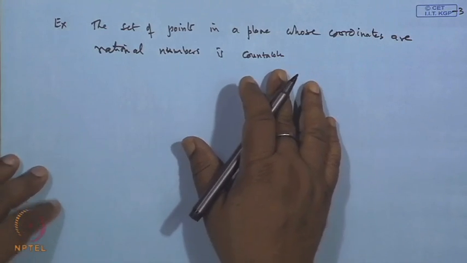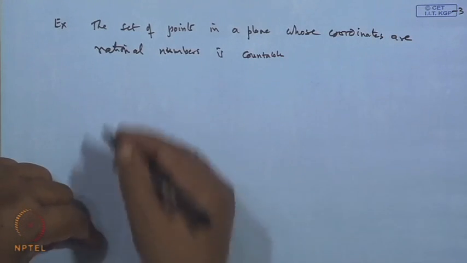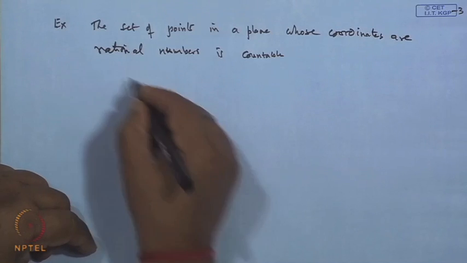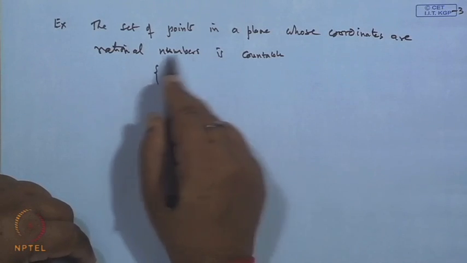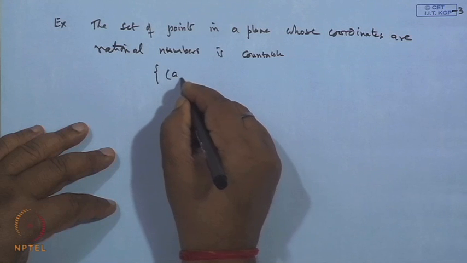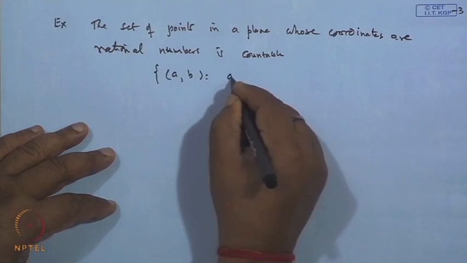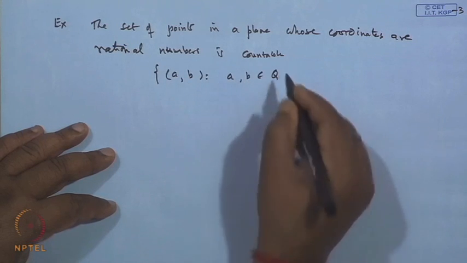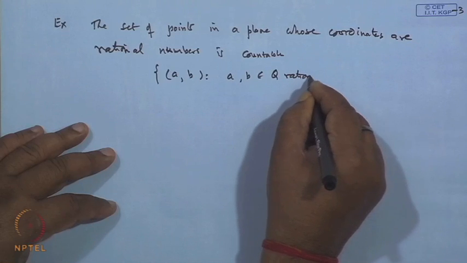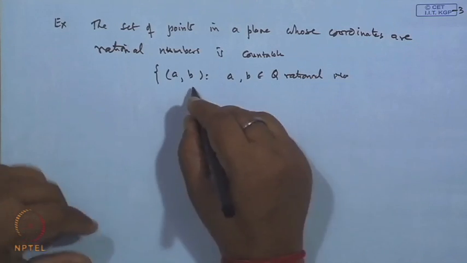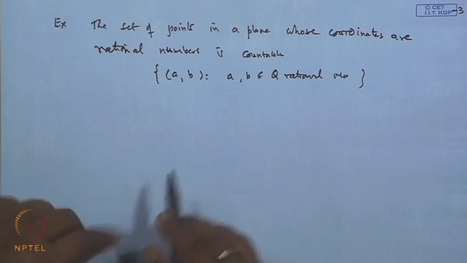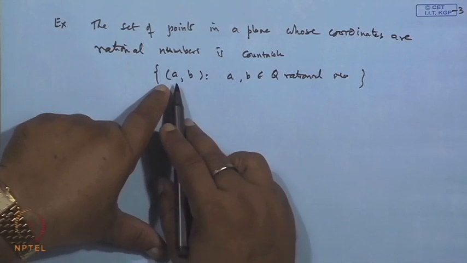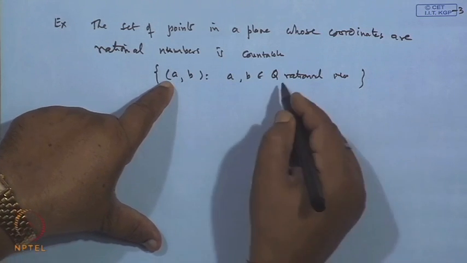So, the set of points in a plane whose coordinates are rational numbers, that is, the set is of this type, whose coordinates are rational numbers. So, we can say (a, b), where a and b both are rational numbers. Q is the set of rational numbers, because any point in the plane will be an ordered pair and we get this point. Now, this is Q × Q, since Q is countable,